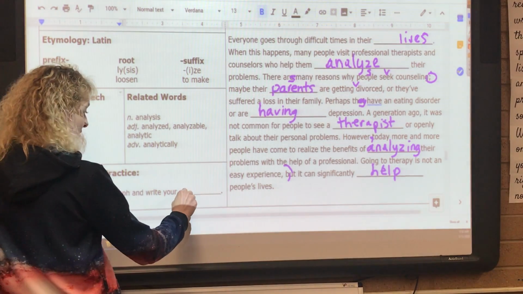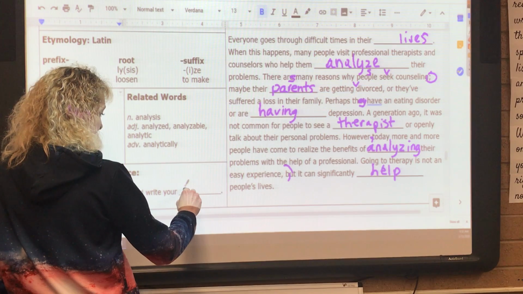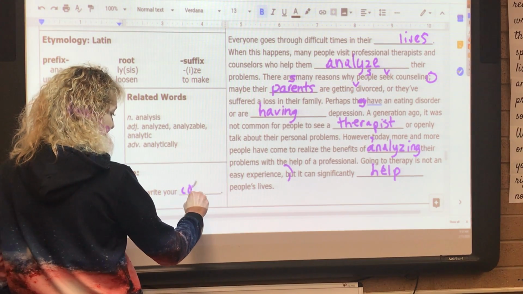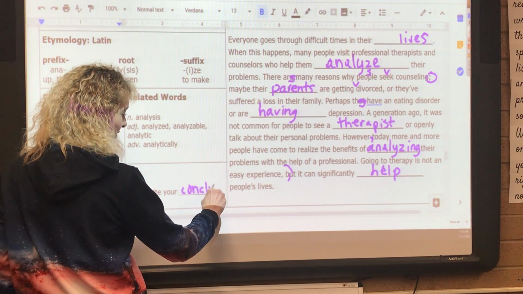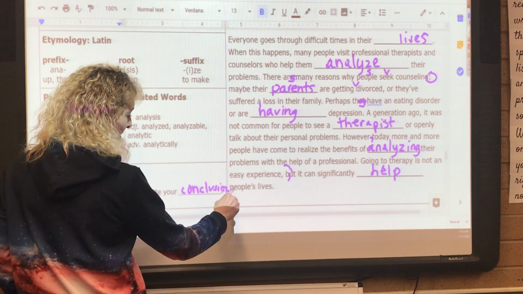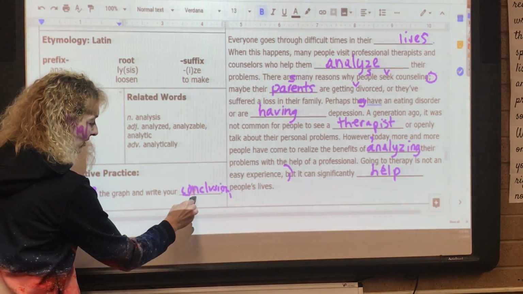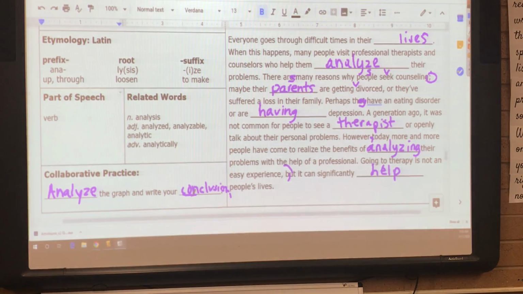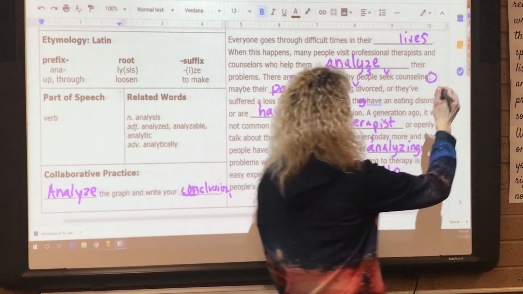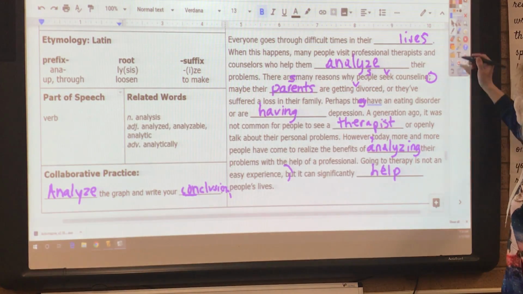Analyze the graph and write your, I'm going to say conclusion, because conclusion was one of the words from last week's self-starter, because we were talking about the prefix con. So I'm going to put that conclusion there. Okay, next, last part. We go back up to